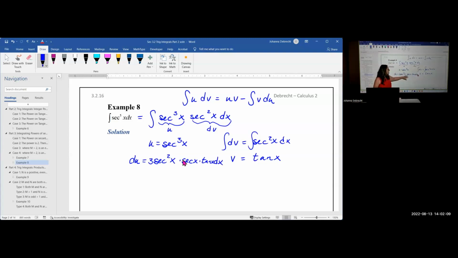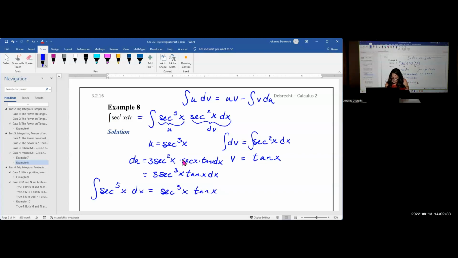So if I want to simplify du a little bit, I could rewrite du as 3 secant cubed of x tangent of x dx. Now my formula for the integral of secant to the 5th of x dx is going to be u times v. So I get secant cubed of x tangent of x minus the integral of v du, tangent of x times 3 secant cubed of x tangent of x